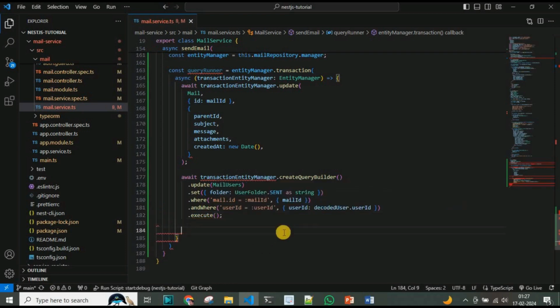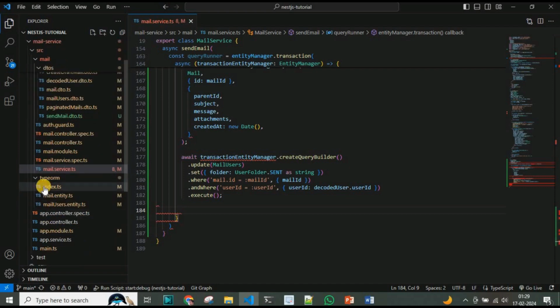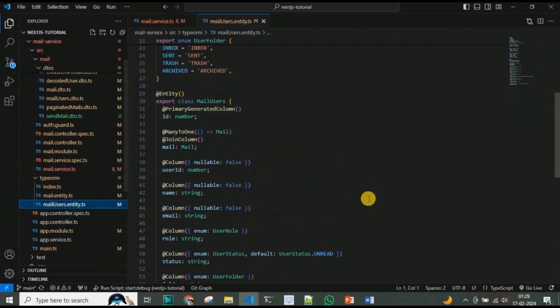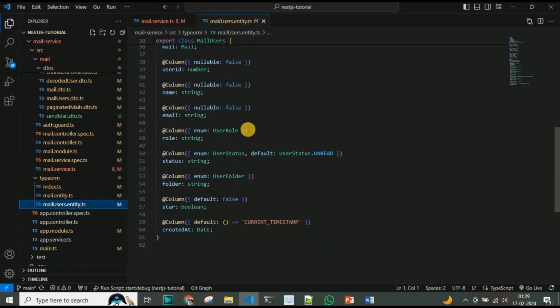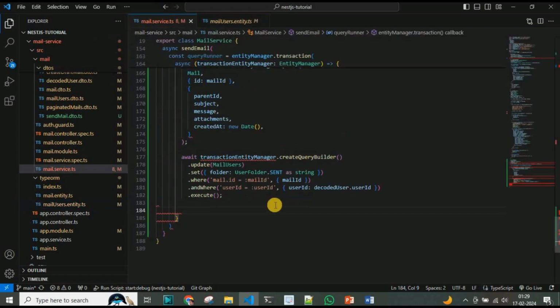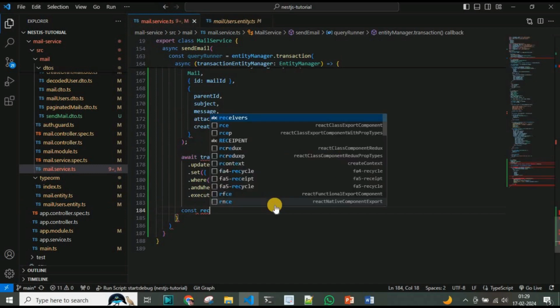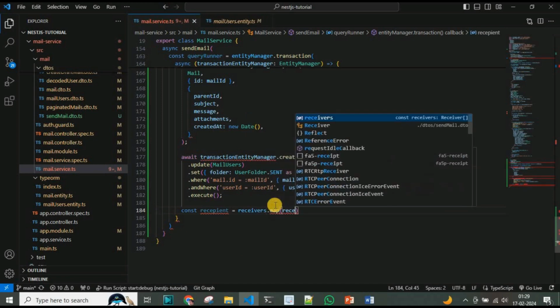And the next transactions will be the receivers we have to put into the mail users. Basically there will be the insertion in the mail users. So first I will create an array of the mail users or the receivers, then I will insert. So if I check the mail user entity, it will have the mail ID, user ID, name, email, status, folder, star, and the created at. So basically I will create a const recipient equal to receivers dot map receiver,